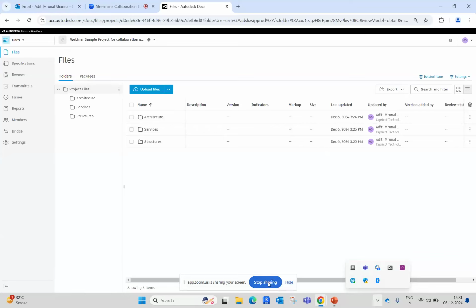Give me a moment. I'll just share my screen back, or meanwhile, I'll just start my AutoCAD interface again. While my CAD interface is getting started,